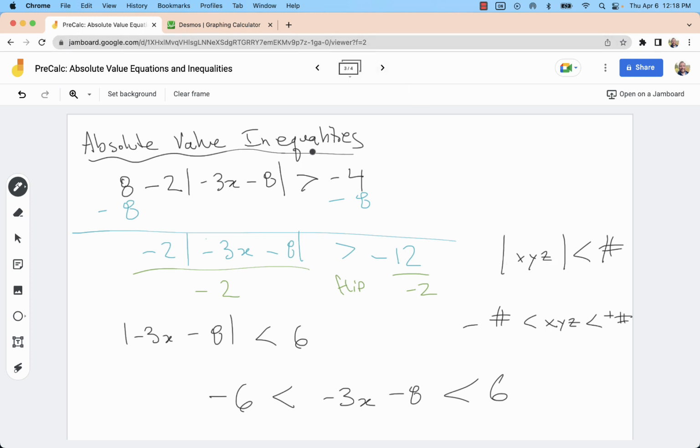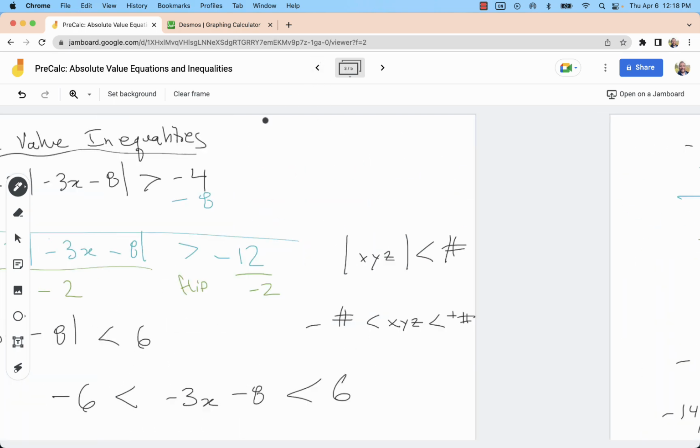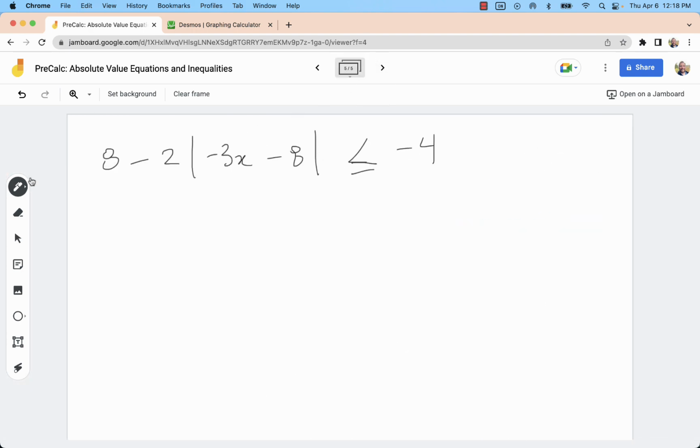Now I'm going to actually go back to the beginning and repeat this. The steps are all the same, so I can kind of skip through a little bit of it, but let's say it was a less than all the way back at the beginning. And we could even do a less than or equal sign to give it a little more variation this time. So the first two steps, we can look back at what we did. Minus 8, divide by negative 2, flip the sign. So kind of the same thing's going to happen. We're going to do a minus 8